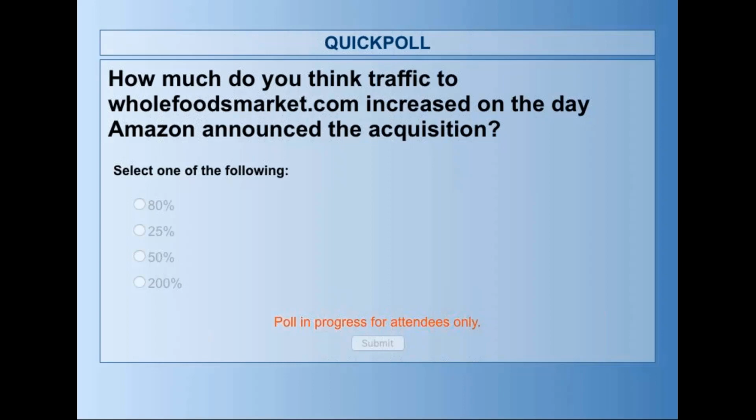Give everyone a few more moments to vote, and then I will close the poll and share with you the results again. Once we show the results of the poll, Stu will then show us in the Similarweb Pro itself the answer, as we can drill down into daily traffic granularity there. Okay, I'm closing the poll